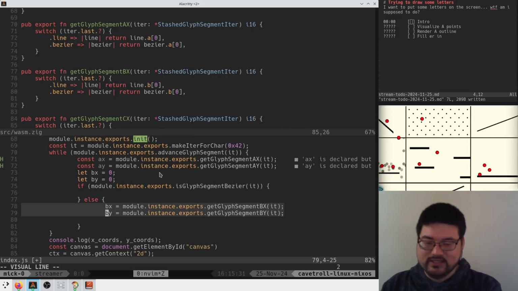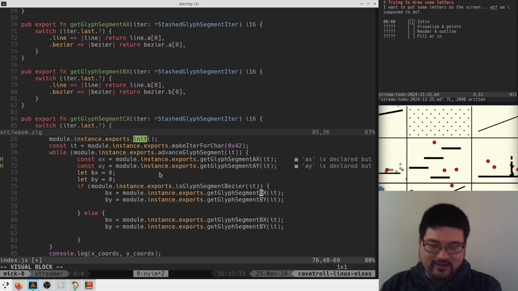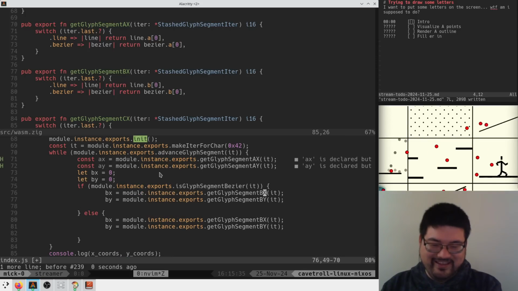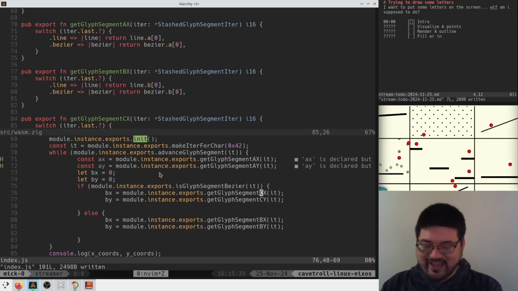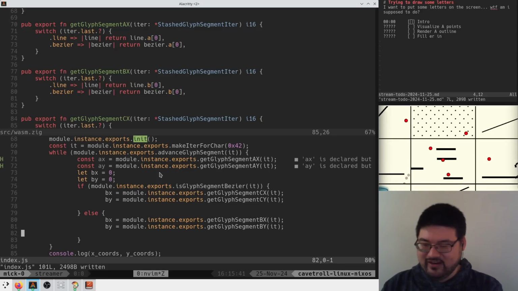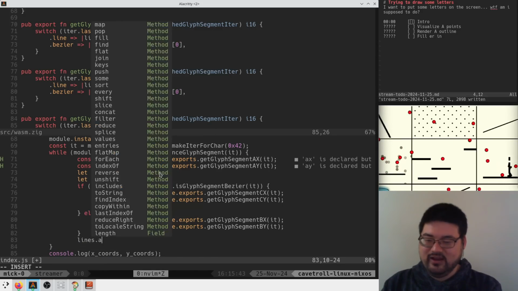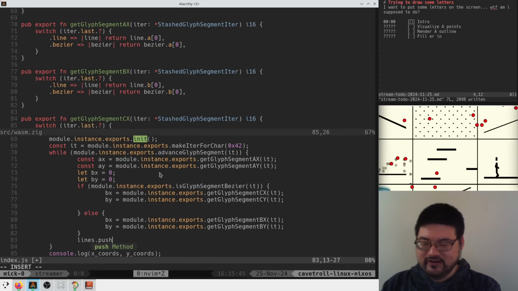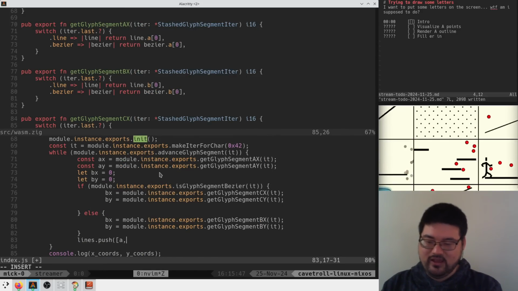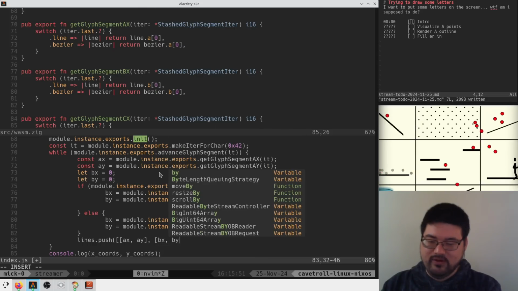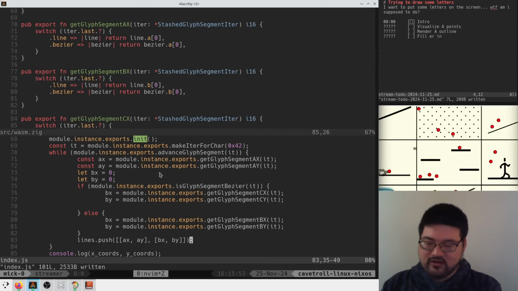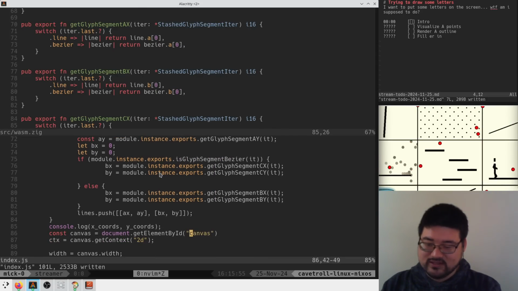But if it is Bezier, we lie and we use c. There we go. Okay. Then we can say lines.push AX, AY, BX, BY. And I don't know what that's going to do, but